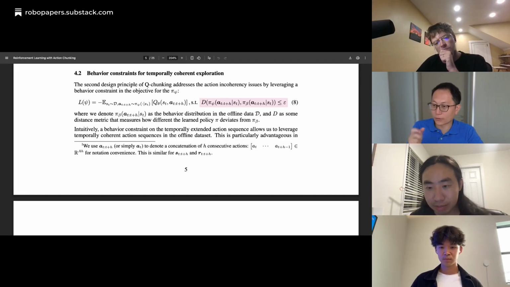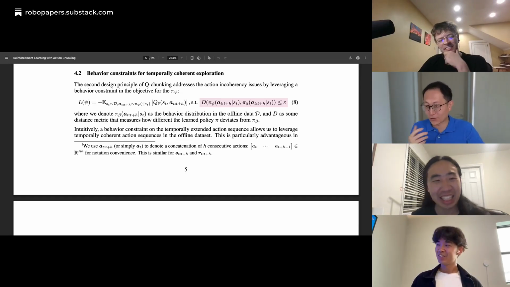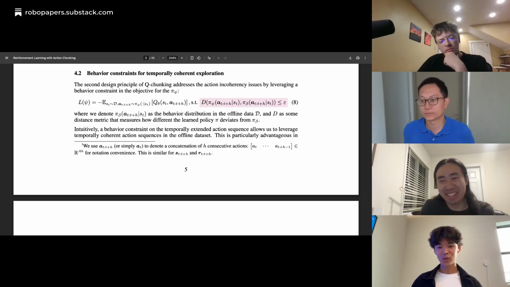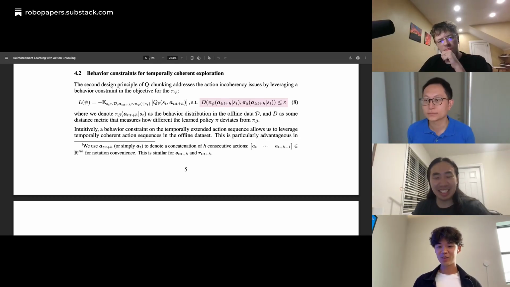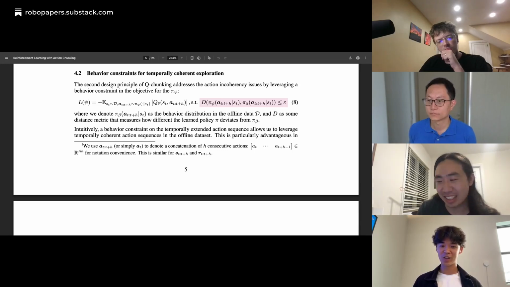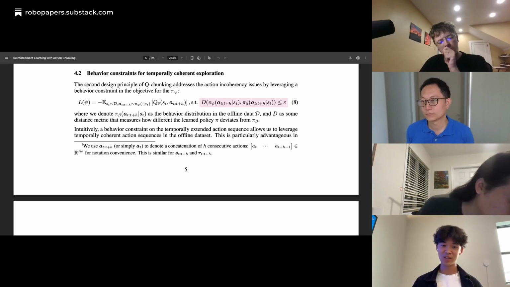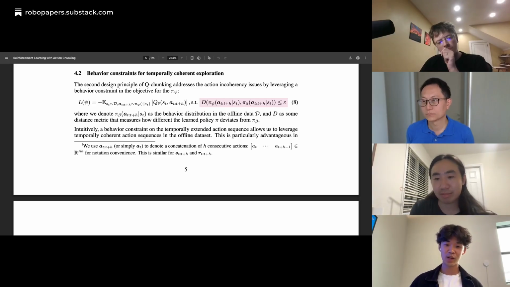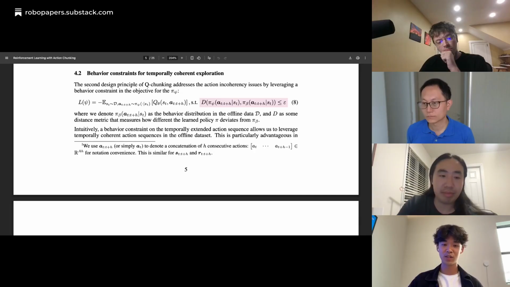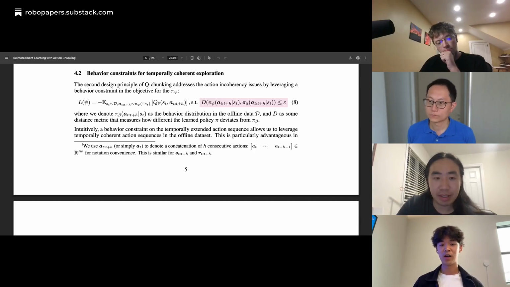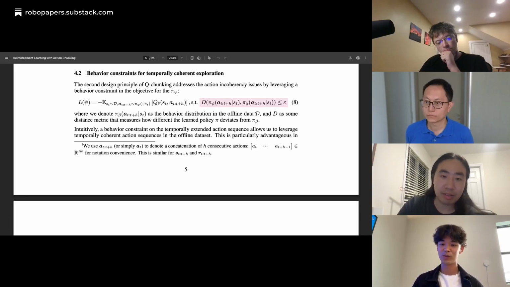But how do you make that call? How do you make that judgment? Do you feel the AGI and decide, okay, this is how much constraint to give, or is it also a learning parameter? This is just one hyperparameter that you have to tune. But you can tune it with intuition, like Colin said. For example, with more optimal offline data sets, such as manipulation data sets that are all teleop demos, you would want stronger regularization to this near-optimal data set. But if you have something more like a play data set, an exploratory data set, you will probably want to tune less regularization for that.